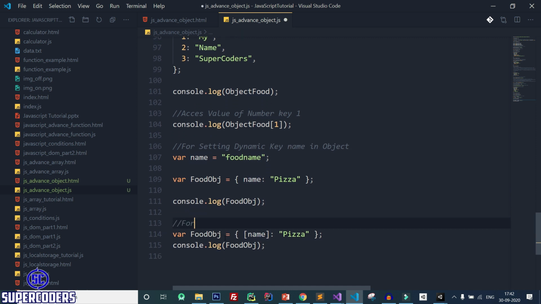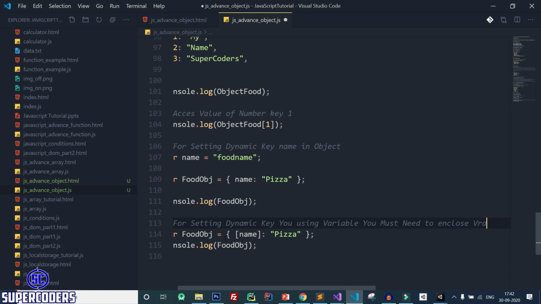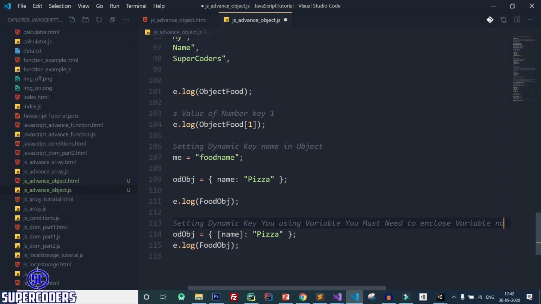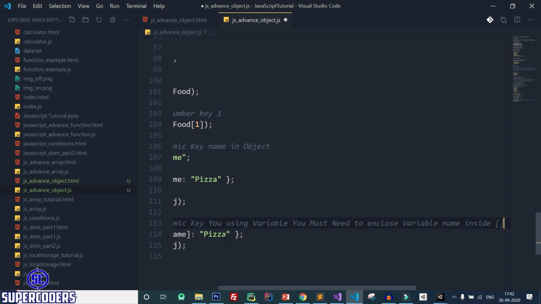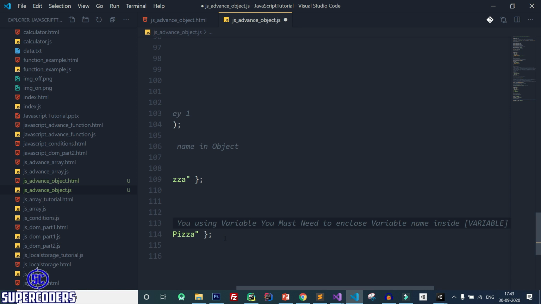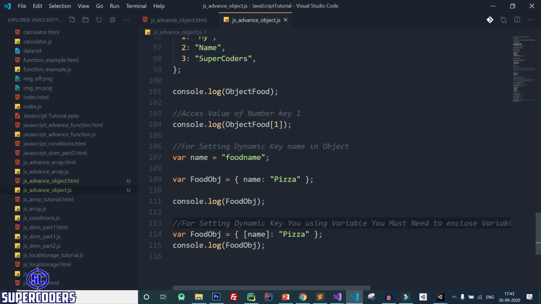So here for setting dynamic key using variable, you must enclose variable inside square bracket.